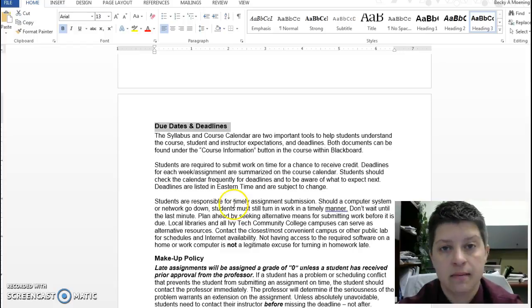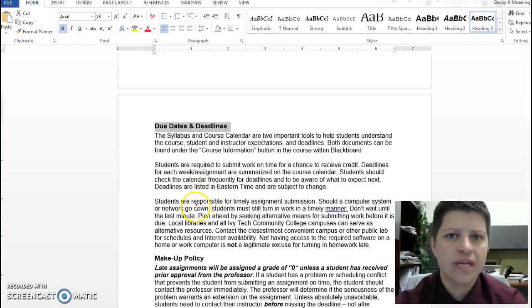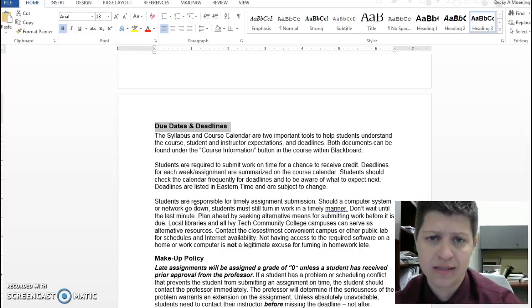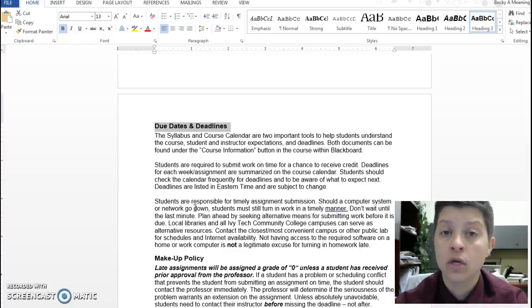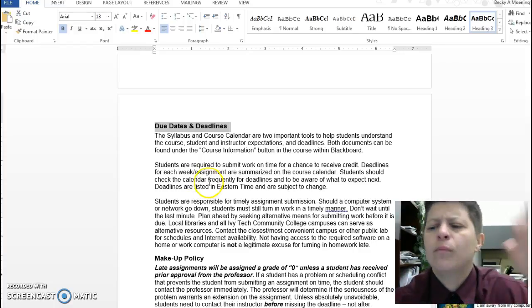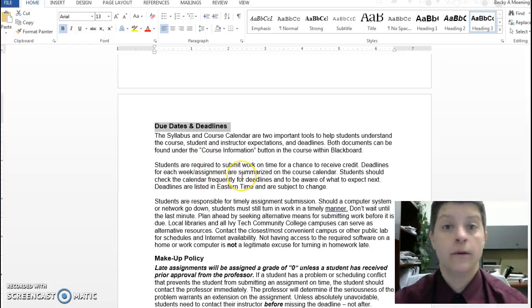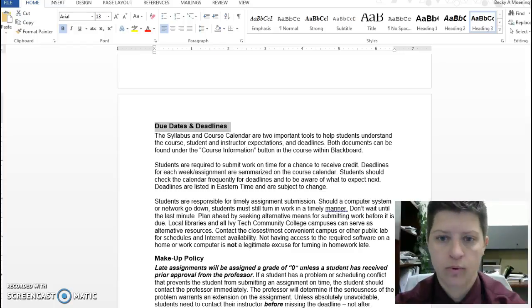Due dates and deadlines. In my classes, I'm a big fan of due dates are due dates. Period. So if you have an issue and you need an extension for something, you're in the hospital, your kid's in the hospital, you have to travel for work, whatever, you need to communicate with me. Don't just expect that it's going to happen. A week later, saying "Oh, well, I was out of town", I don't give two rips if it's a week later. You need to tell me beforehand. If you know you're traveling for work, call me. Say, "I'm traveling for work. Can I get this week's backed up to Saturday?" Whatever, right? But communication. If you don't communicate with me, I'm very difficult to work with. If you communicate with me, we are going to have zero problems.